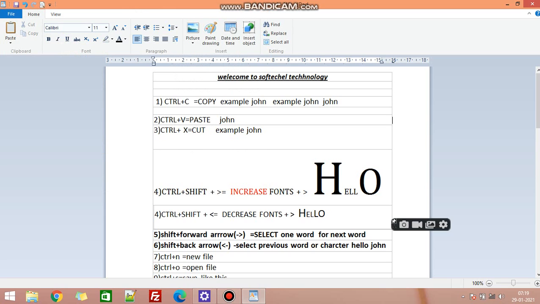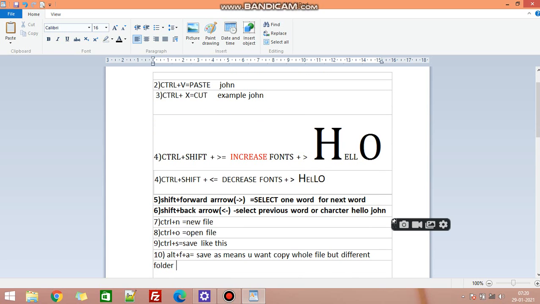Press Control V where you want to paste the data. This is the Control V command. Copy means we want this thing also here and this thing also here. That is the meaning of copy. We want to cut here, we want to put here, we have to select this one, shift and arrow key or end key. This one I told you, the fifth and sixth point is very important.